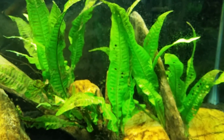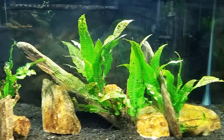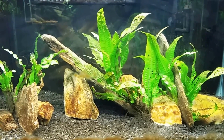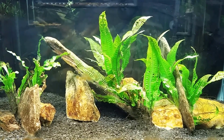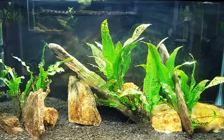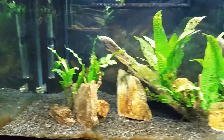I always try to throw a bunch in when he's not looking, and then that way they can sort of hide and establish, and it gives him some forage, and it gives him enrichment, and he's able to hunt for the snails throughout the day. So maybe he went on a midnight darkened hunting spree last night, and a bunch of snails that I didn't know were still in the tank were still in there, and maybe he got to them. I don't know, but if it is just food that's making his belly all blown up like that, then by this evening he should certainly be looking back more to normal. And I gotta say, I'm already really relieved at just how...